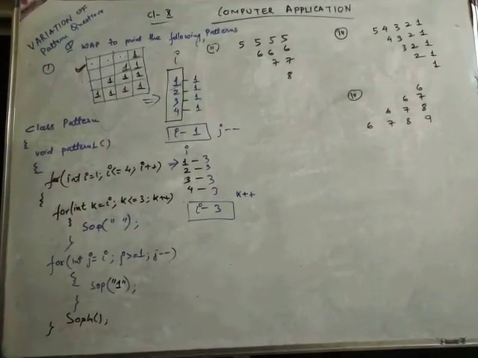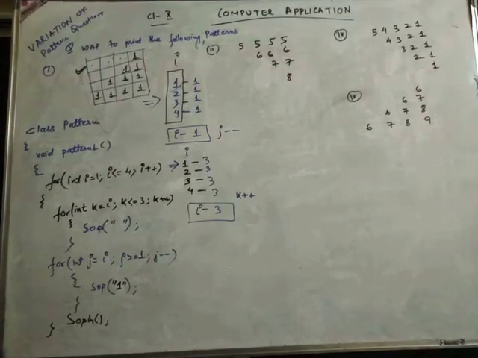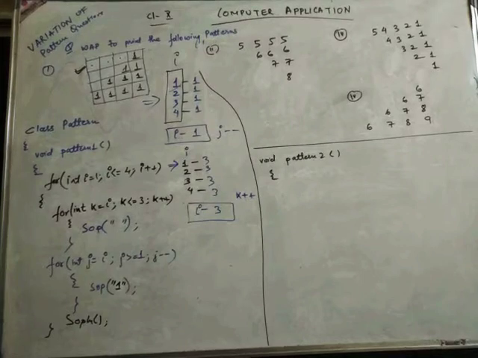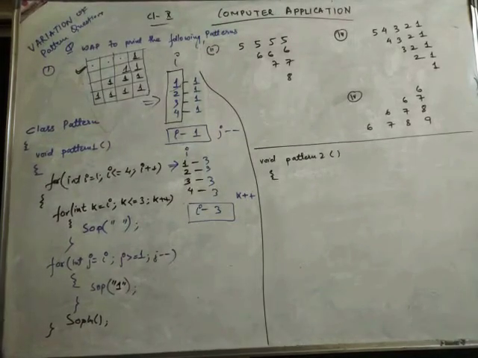Now we'll see the void pattern 2. If you see the void pattern 2, we have 5 5 5 6 6 6 7 7 and 8. So first of all we have to make the table. We have to write the values which are there in each line, which is repeating in each line, the second type. So 5 is repeating, 6 is repeating, 7 is repeating and 8 is repeating in each line.